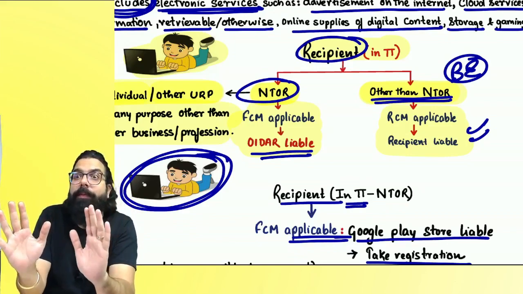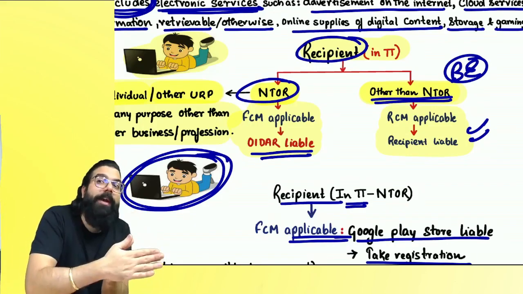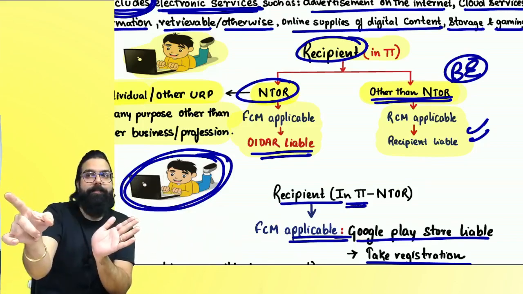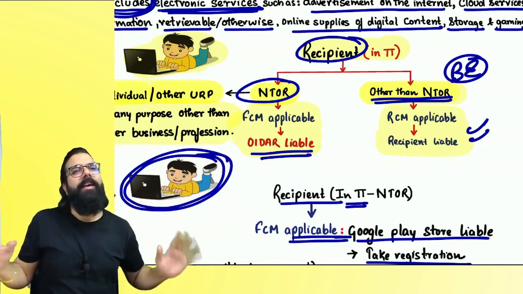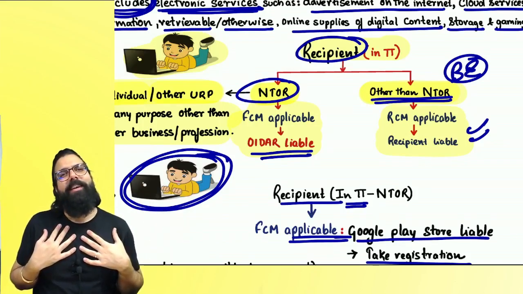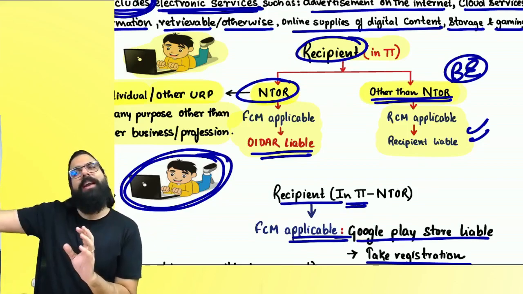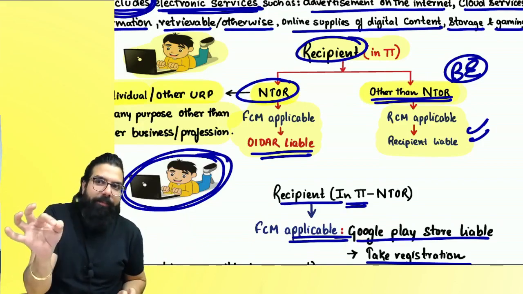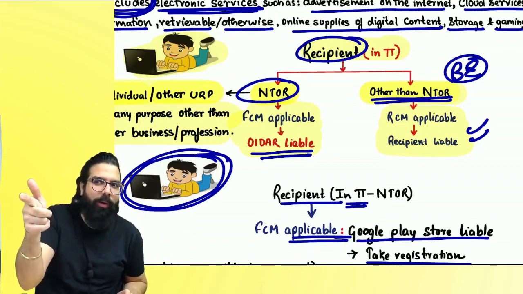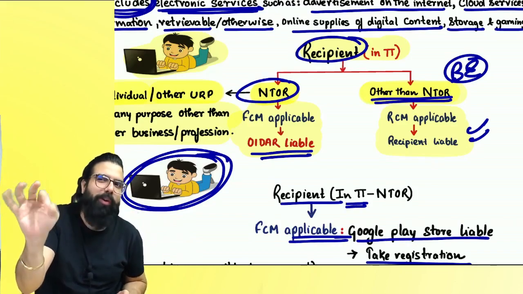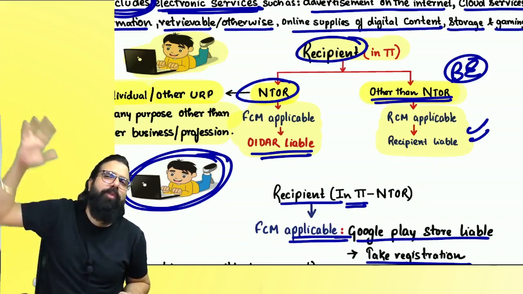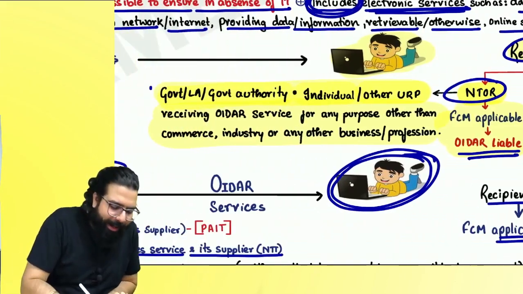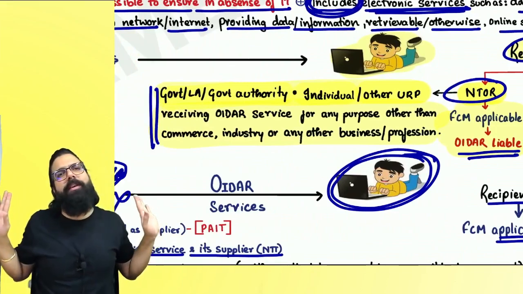Actual law says what? If you are a business entity, you have to pay GST under RCM. Registered, then RCM. Unregistered, take registration and pay. But practically what happens? If I am a business entity which is unregistered, if I don't put my GSTN number, OIDR collects and pays. So my liability is done. This law flaw is there. It has not yet been rectified. Did you understand my thought, what I'm telling? But ignore it. For you, what is there? OIDR providing services to a business entity, RCM. OIDR providing services to other than a business entity, NTOR, forward charge.